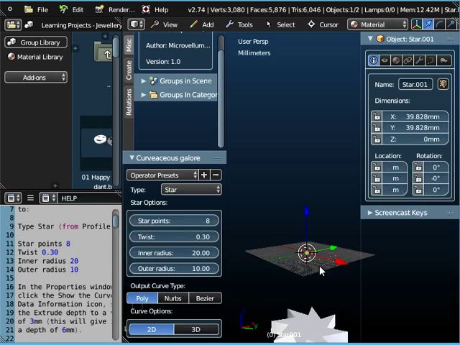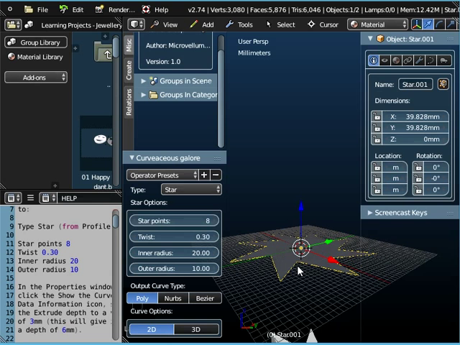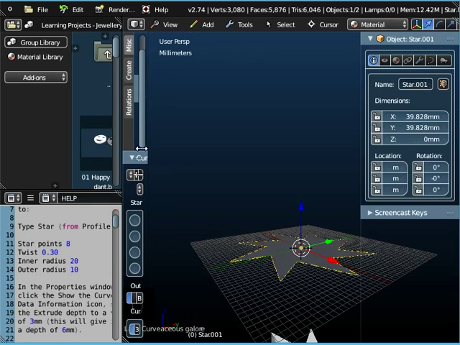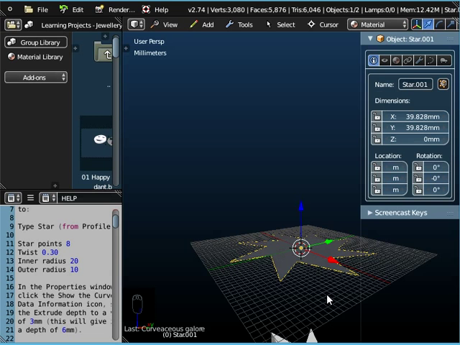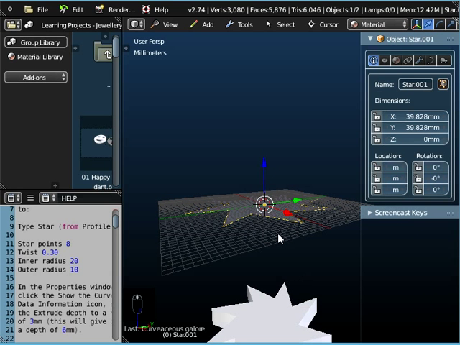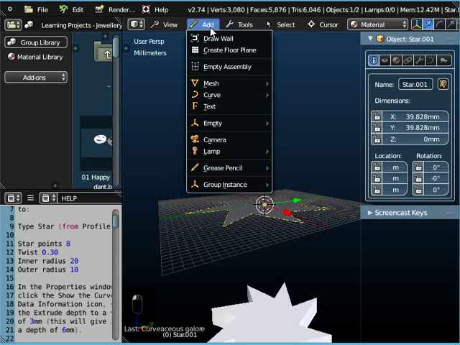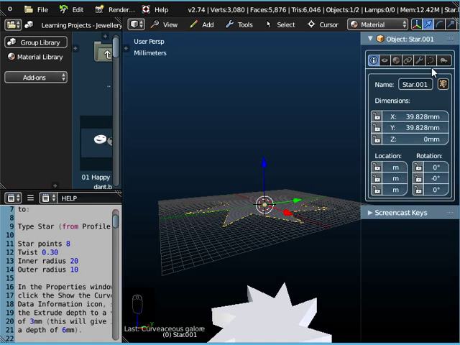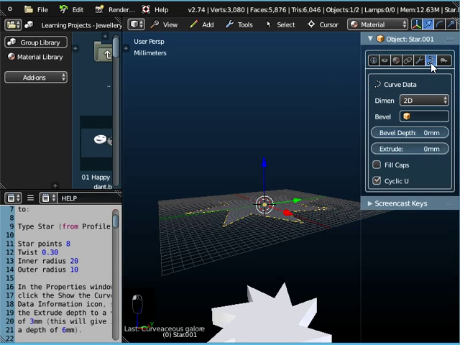What it hasn't got, as you can see, is any thickness. So we've finished with these values here. We don't need to change anything more there, so because there's only 4 properties to change, we can move that out of the way. What we now need to do is add some thickness to this. Now this star is a curve. We can't print curves, but in the properties panel there is a curve icon there. So if we show the curve data information,